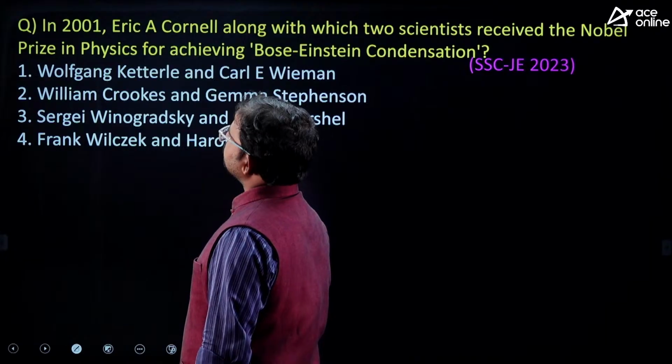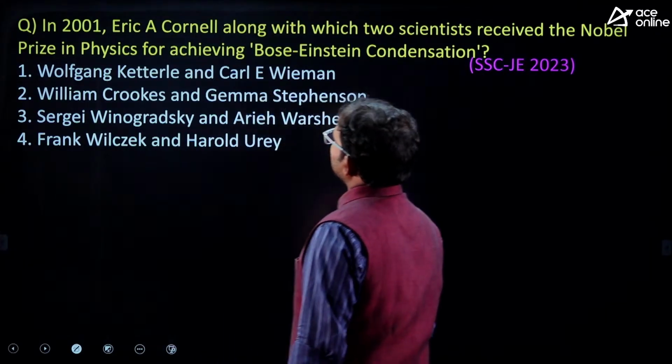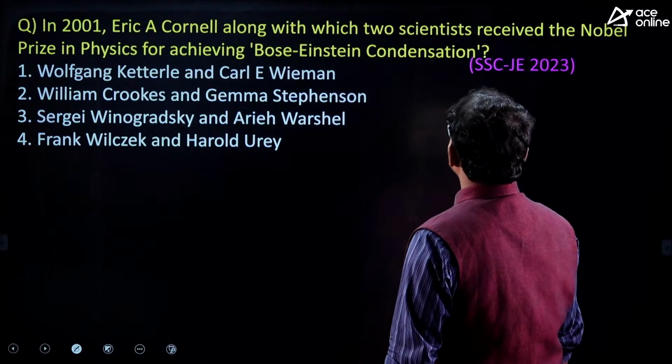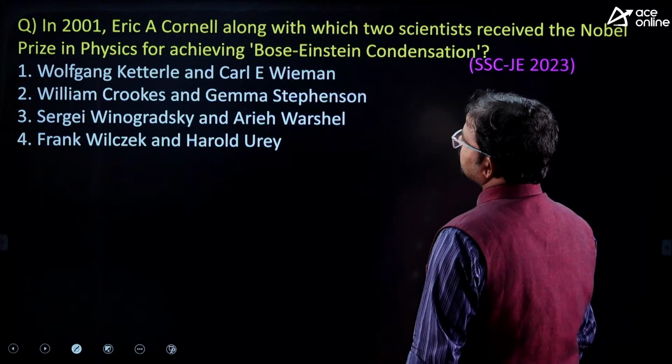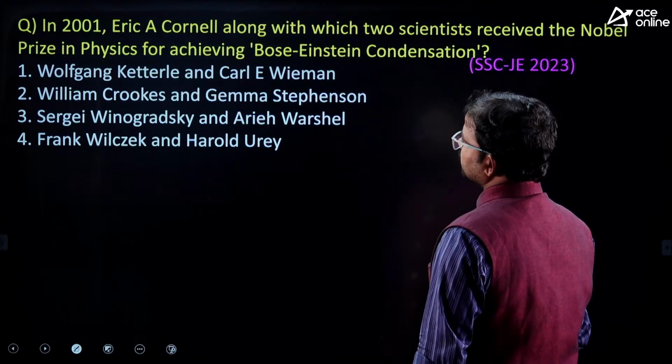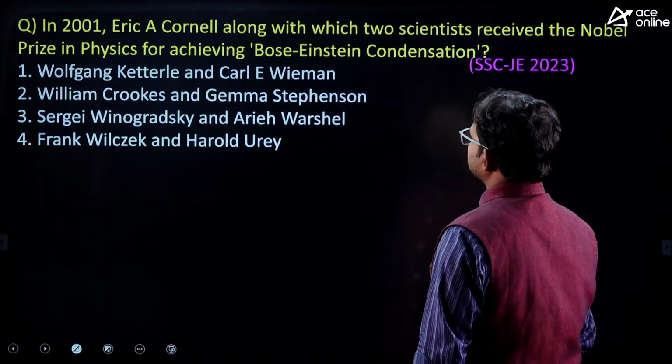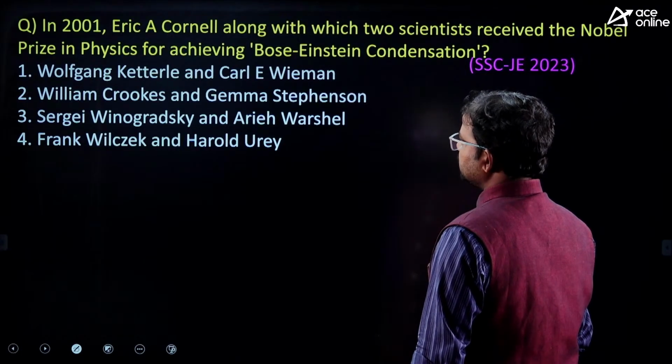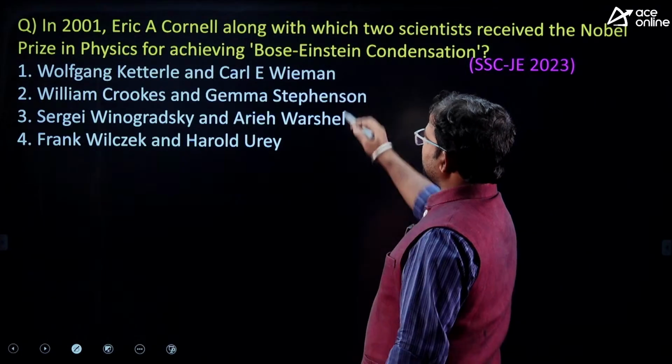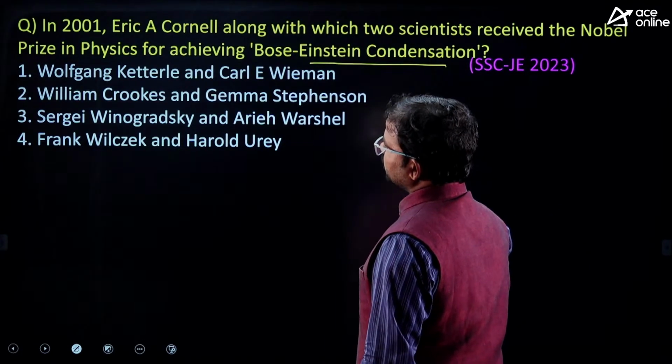Next, in the year 2001, Eric A. Cornell, along with which two scientists, received the Nobel Prize in Physics for achieving Bose-Einstein condensate? Bose-Einstein condensate. Okay, so here it is, Bose-Einstein condensate. They mentioned about